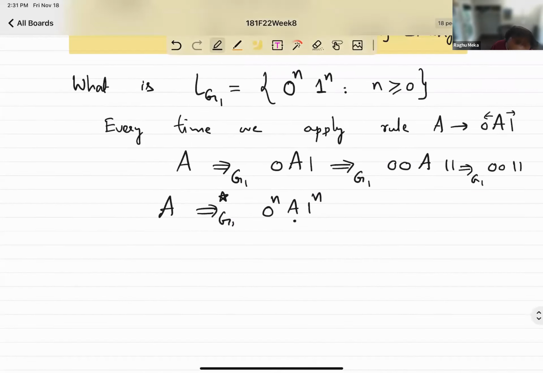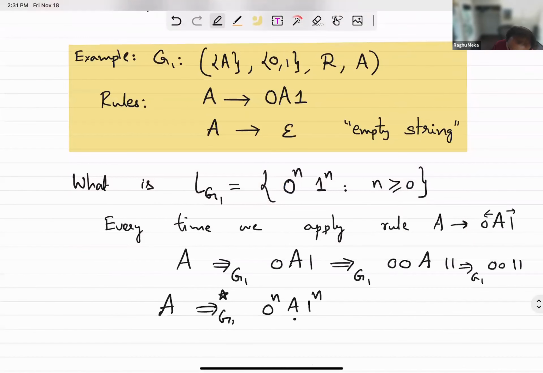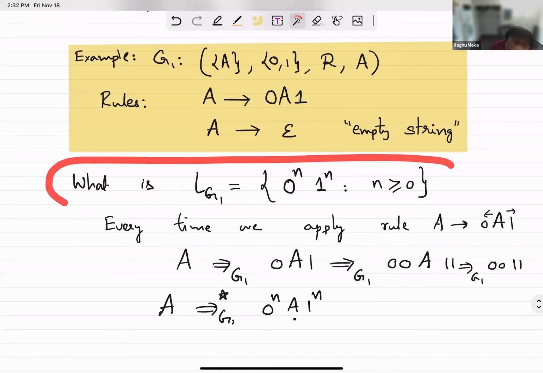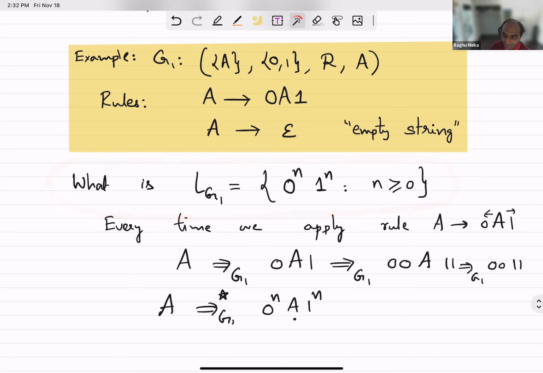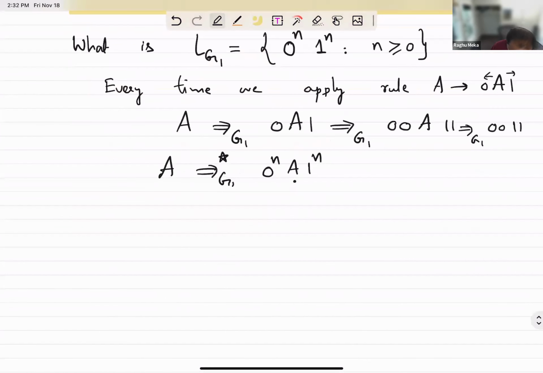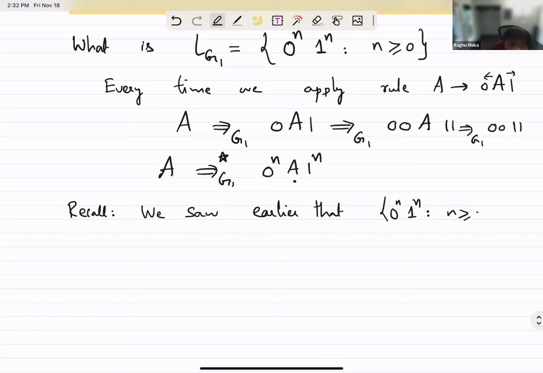Okay, and one thing you might notice is that context-free grammars are already doing something that regular languages, regular expressions, or DFAs could not. Okay, so just to recall, we saw earlier that 0^n 1^n, for n greater than or equal to 0, is not